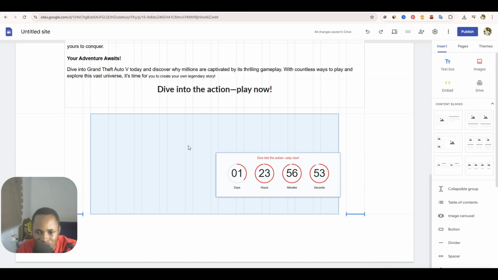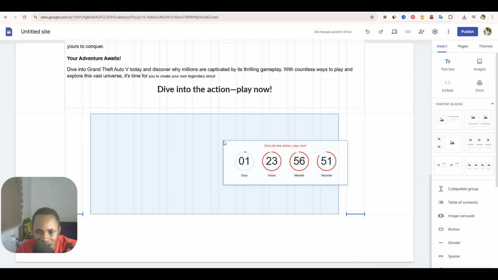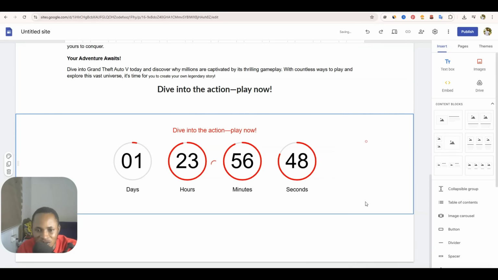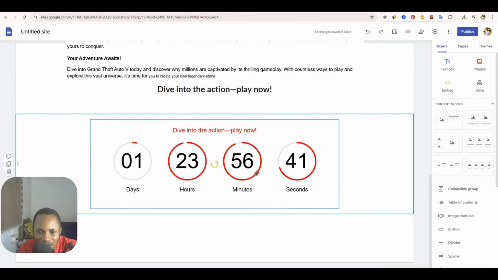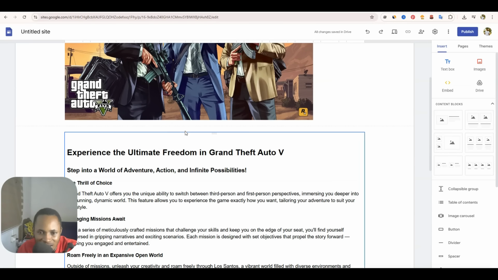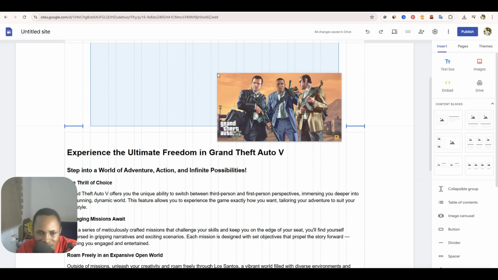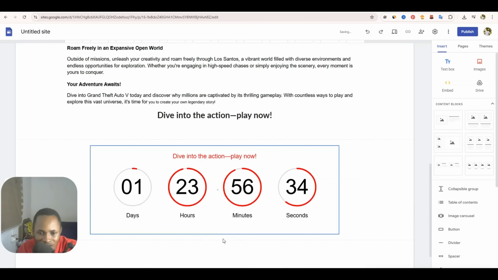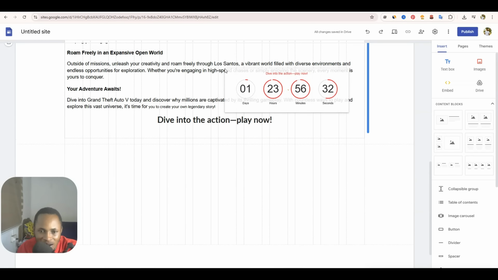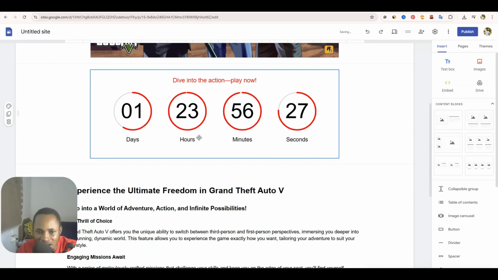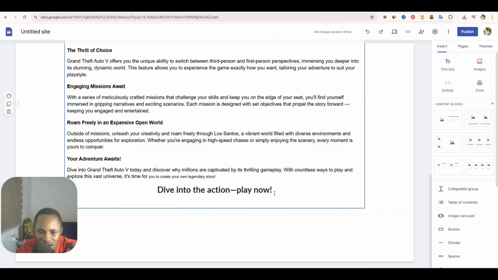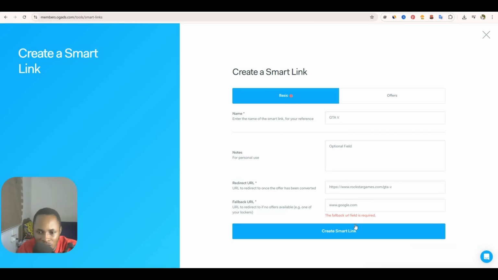So this is how the timer will look, but at the bottom nobody is going to see it. So I'm going to move it to the top section for them to know that the timer is here. I'm going to move it to the bottom of the image, right? So now I've centralized the image. So anybody that appears on the website will get to know how everything works. So I'm going to insert in the link